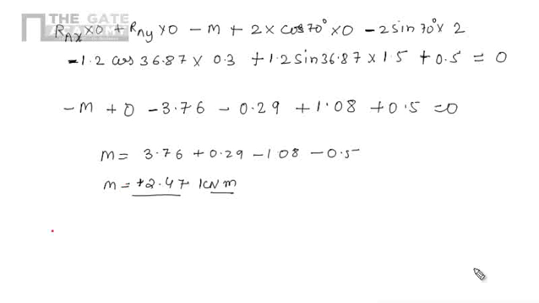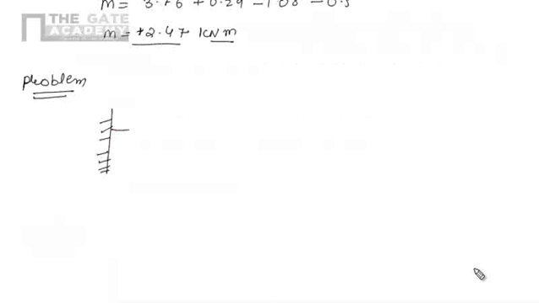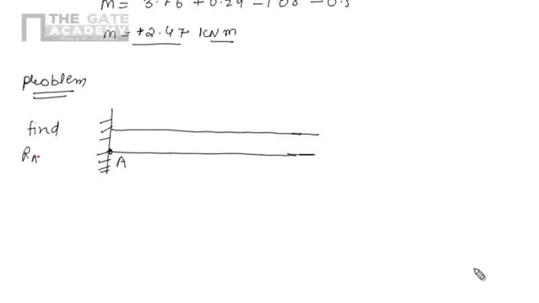And this problem I am considering in a different way. So we can take another problem, the same problem, but I am considering it in a different way. Earlier, I was not considering the width, but now I am considering the width also. Suppose there is a cantilever beam, and here I will show the width also. This is the depth of the beam, and suppose this one is point A, and here we are interested in finding RAX, RAY, and moment. So we are interested in three things here, similar to the previous problem.